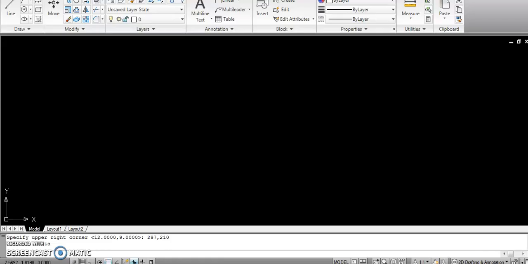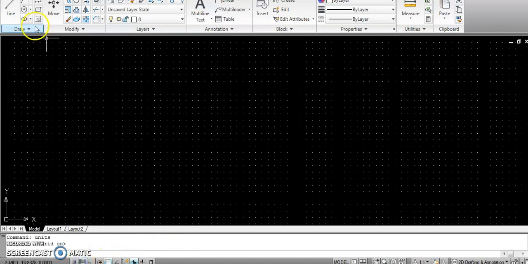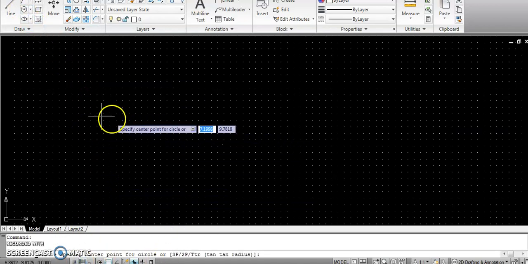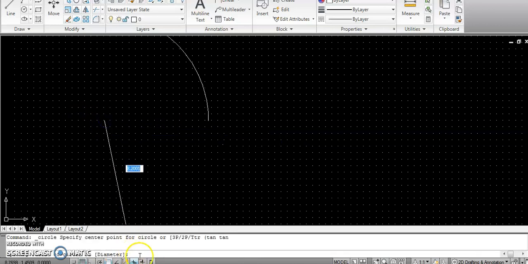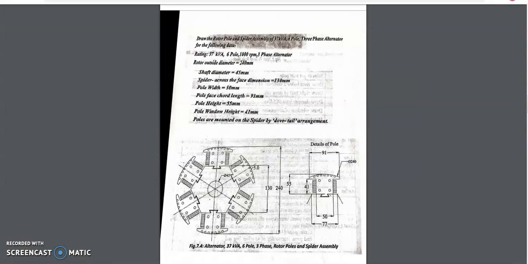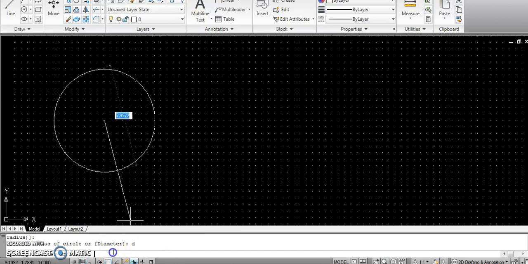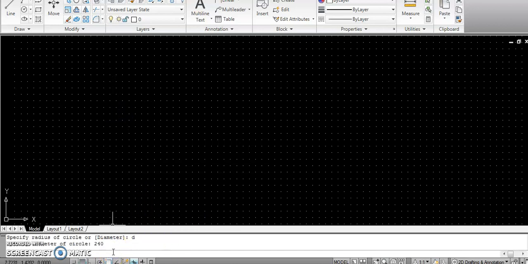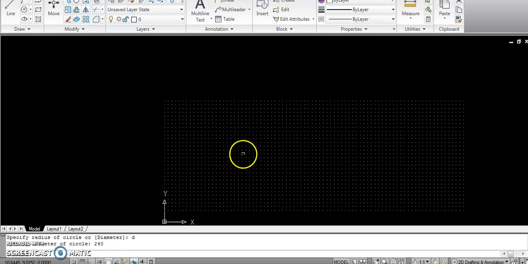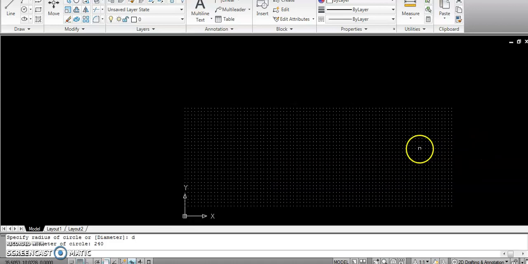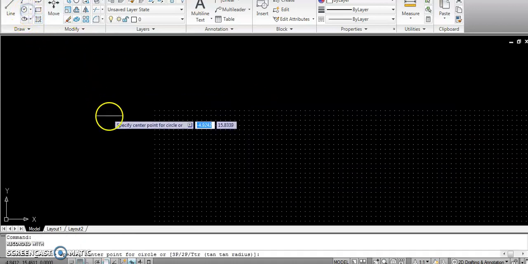Go to the CAD file, set your units, limits, everything. Then go to the circle command. The rotor outside diameter is 240.